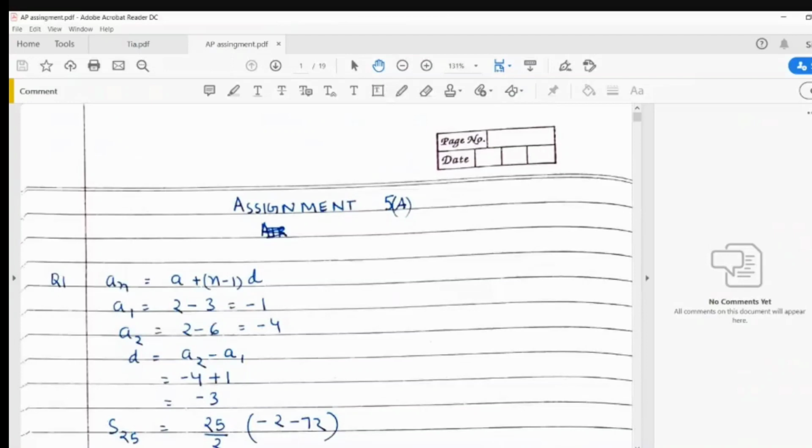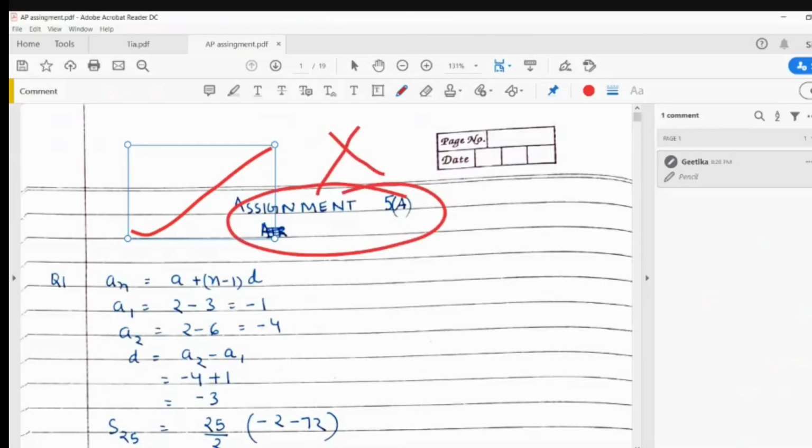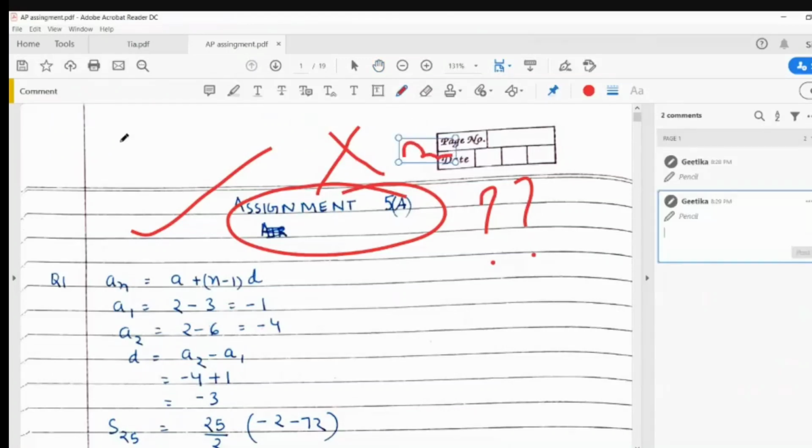Now, I can use this ink pen to do my work. If I click on this, I can do the checking. I can click a right, I can just cross the work, I can encircle the child's work, I can put a question mark. All this can be done very easily by just clicking on this. And if I use the mouse, just click on this, and with the help of the scrolling pad, you can do whatever annotations you want to do here. I can write, I can sign here, I can do whatever I want to do. It can be easily done.